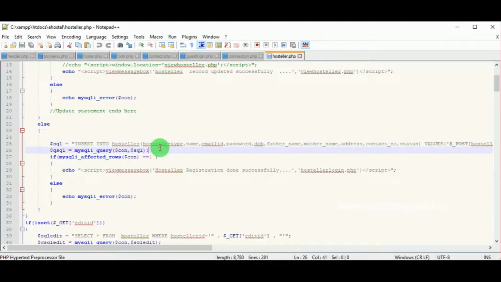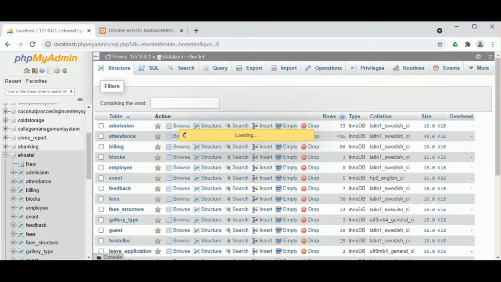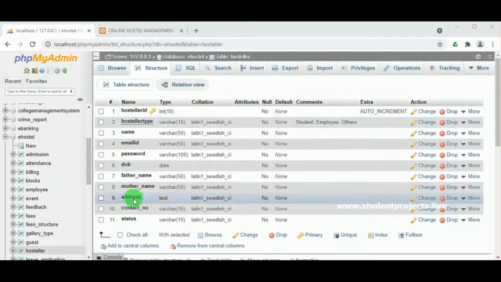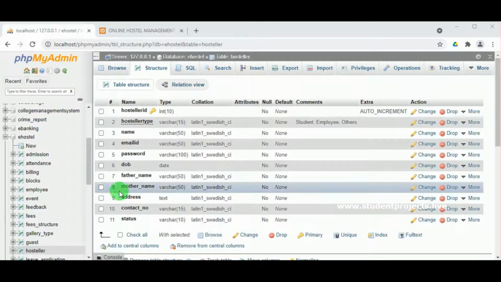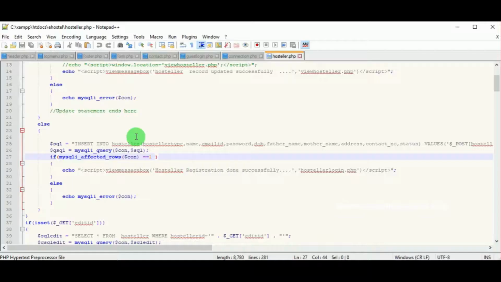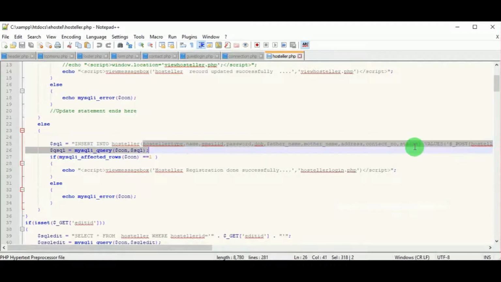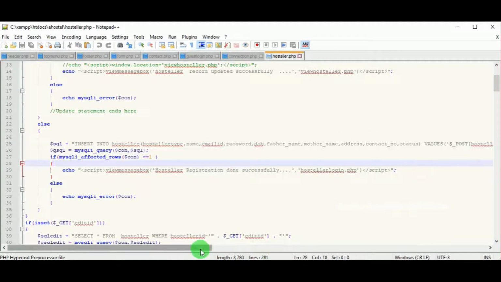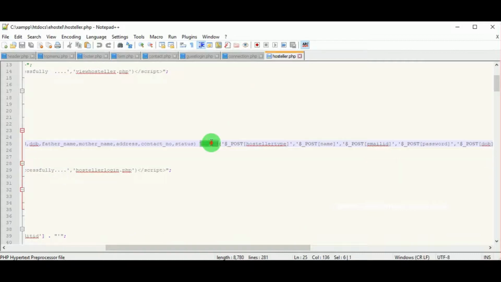So you have the table hostler. So there is an insert query, insert into hostler, followed by the different fields of the table hostler. So all the fields that are there in the table hostler must be mentioned. So let us see. So these are the different fields. There are 11 fields in the table hostler, and all the 11 fields must be entered in the insert tag inside the bracket. So insert into hostler, that is the name of the table, followed by all the fields. Then close the bracket